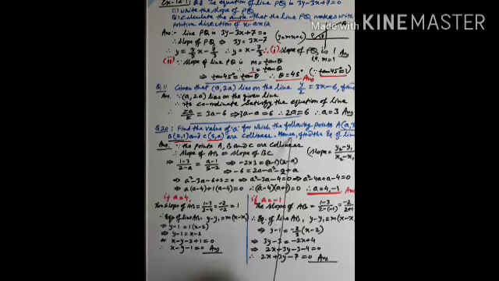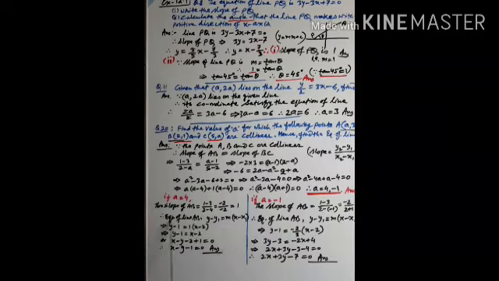Now you have to find the equations also. For the equation there are two conditions: if a equal to 4, what is the equation, and if a equal to minus 1, what is the equation. Let us see the first case, when a equal to 4. Then the slope of line AB is (a minus 1 minus 3) by (2 minus a), in place of a you write 4, so it is minus 2 by minus 2, that is 1. So slope of line is 1.